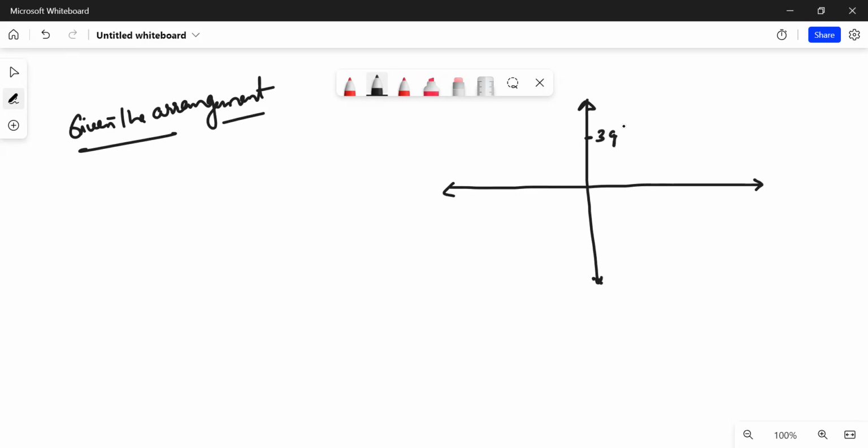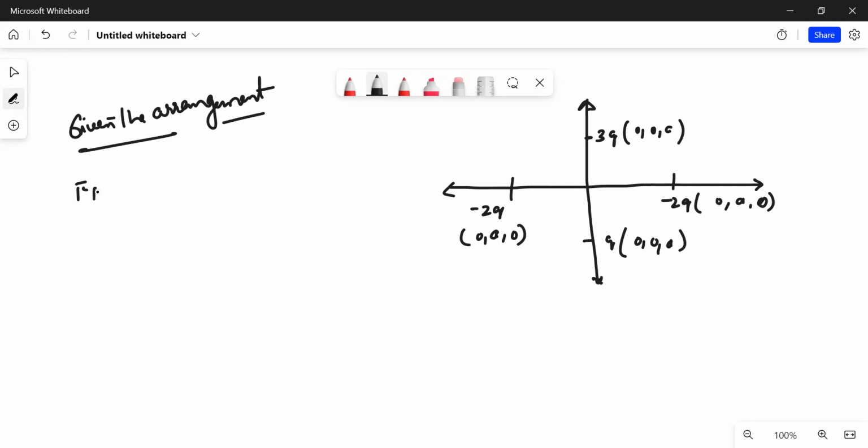This is 3q at 0, 0, a, and q at 0, 0, minus a, and another minus 2q at 0, a, 0, and another minus 2q at 0, minus a, 0. And it says find an approximate